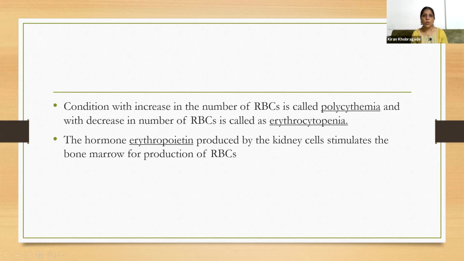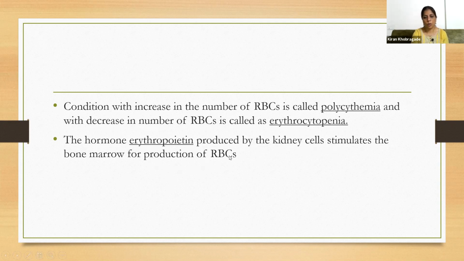Now we know erythropoietic organ. Okay, erythropoietic organ means what? Where the production of RBC takes place. Now, in adults, the production of RBCs takes place in the bone marrow. But for the production of RBC cells, stimulation is needed. A certain hormone acts. So, which is that hormone which helps in production of RBC cells? The name of the hormone is erythropoietin. So, this erythropoietin hormone stimulates the kidney cells, and then the kidney cells help in production of RBCs